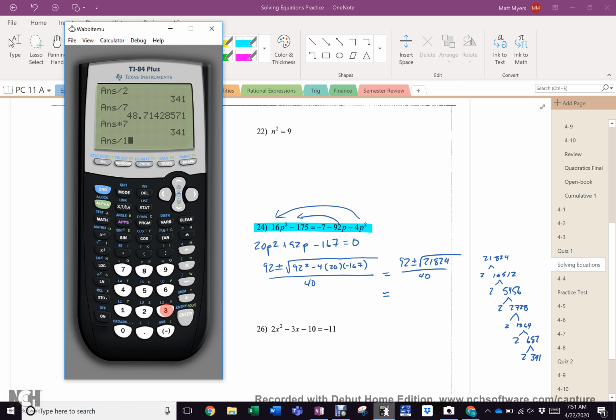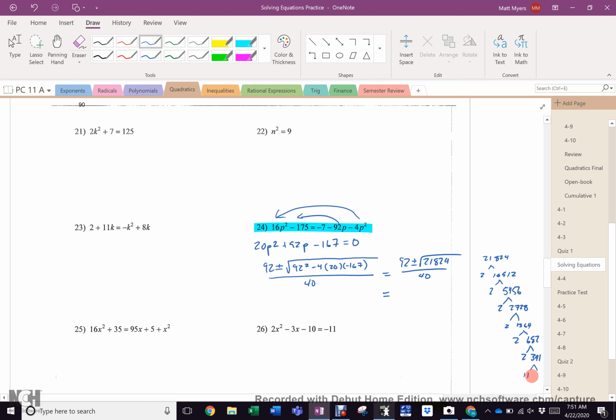Check 11 because that's the next prime number. Oh, it does divide by 11. Look at that. 11 and 31, but those are prime, so we're stopping there because 341 is staying under the radical sign. So I got 1 group of 2, 2 groups of 2, 3 groups of 2. So I got 92 plus or minus 8 root 341